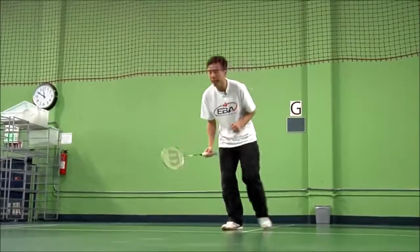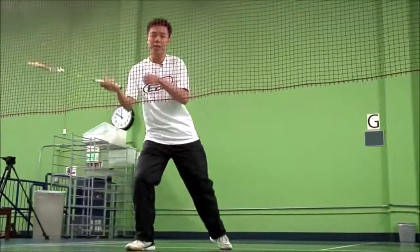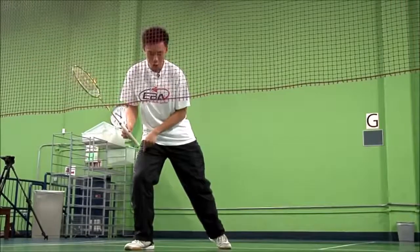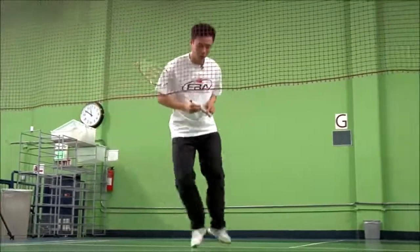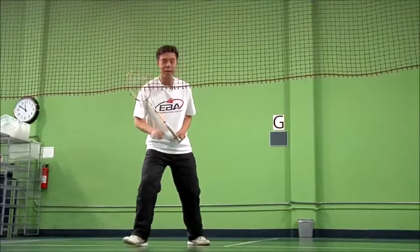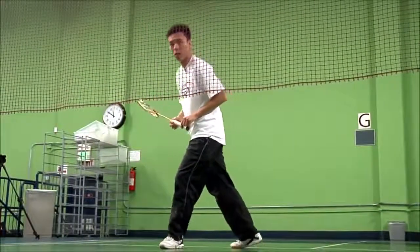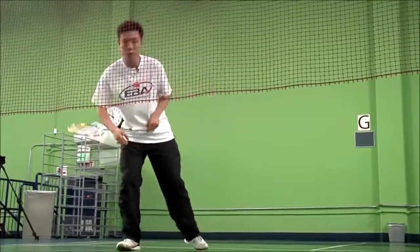As you approach the net, this is how you return back to base again. Make sure you shuffle first rather than taking a step back first. The reason being, if you shuffle first,